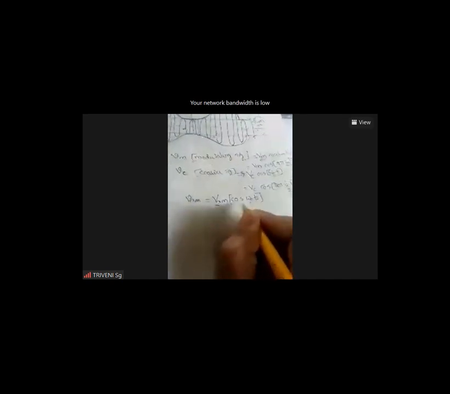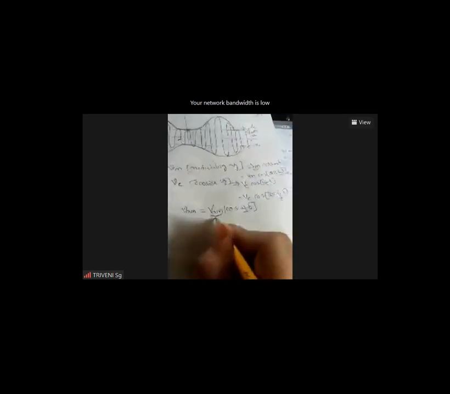So here, cos omega ct. Why cos omega ct is taken? Because the resultant signal is nothing but the carrier signal only. In this carrier signal we are going to vary only the amplitude. We are not changing any phase or frequency. That's why the cos omega ct term is going to remain constant. Only the variable, that is the amplitude of the output signal, we are going to consider. VAM is VAM cos omega ct.